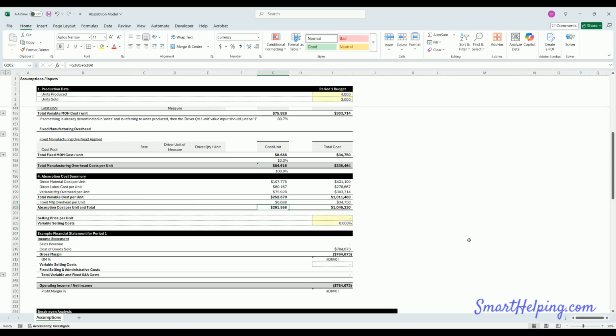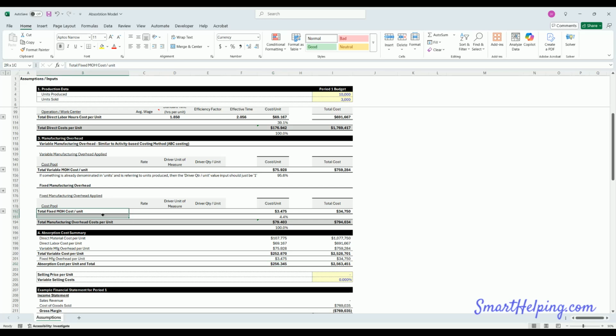So we're saying whenever you produce one unit, it costs you $261. In this case, to produce 4,000 units, it's costing us $1,046,000. Now, if I start raising this, let's say 10,000, our cost per unit goes down a little bit. And why is it going down? One reason: